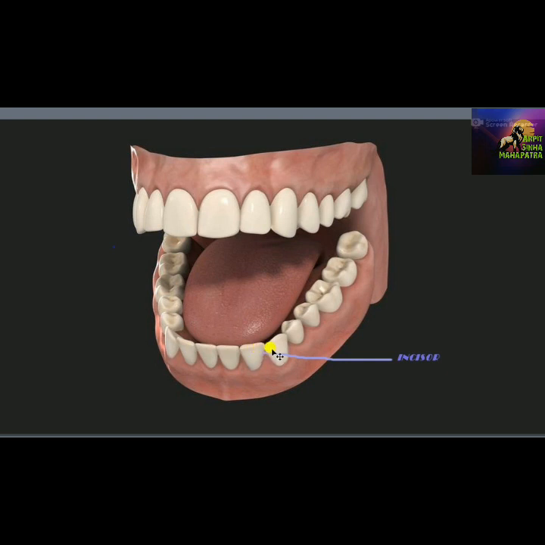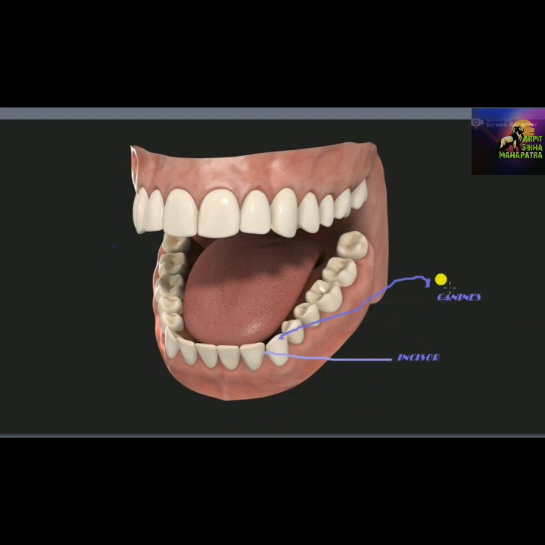Like the incisors, you can notice there are two conical shaped teeth. Notice that this is the first and this is the second. These two teeth are in one jaw, and in the upper jaw there are two more teeth like these two. In total there are 4 of these teeth, and they are called the canines. So the total number of incisors is 8, and the total number of canines is 4.